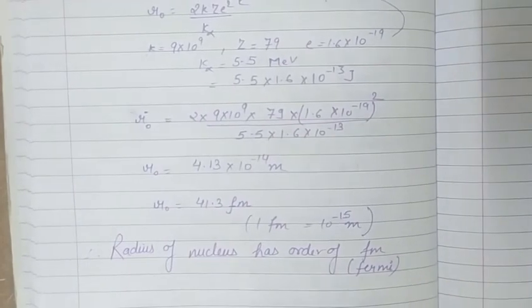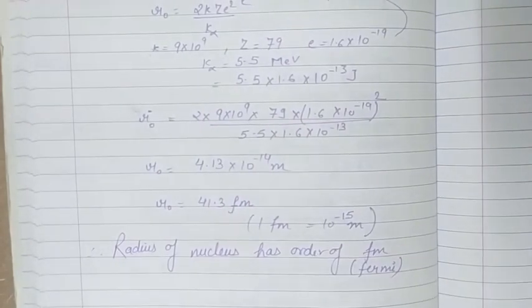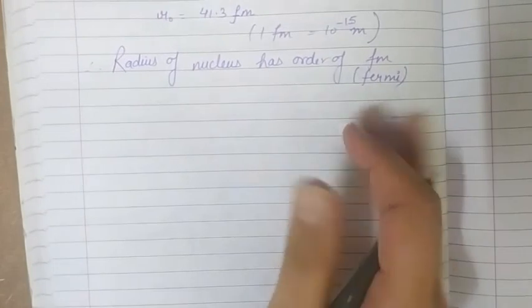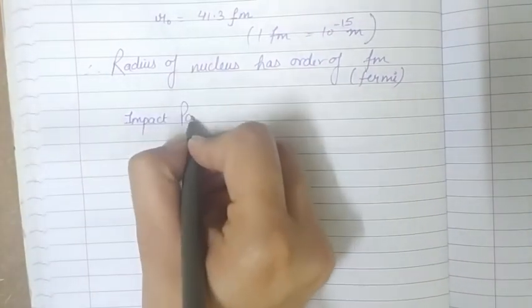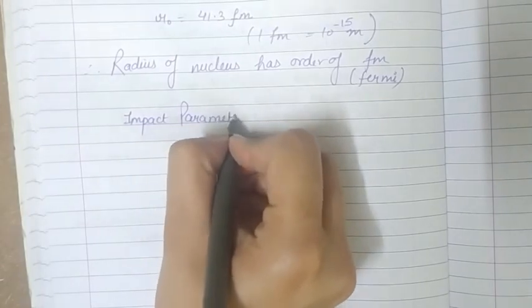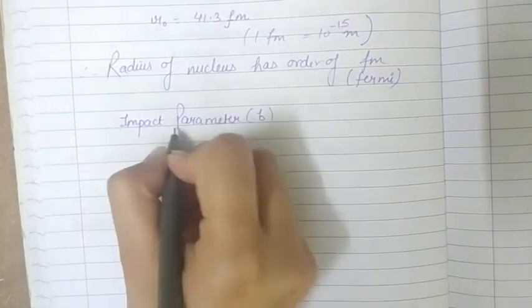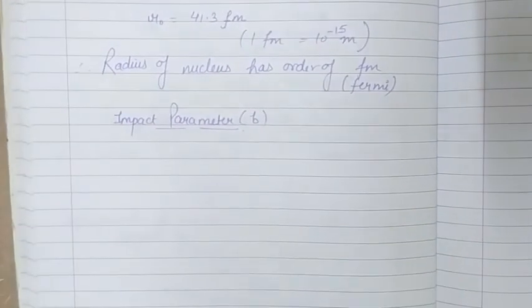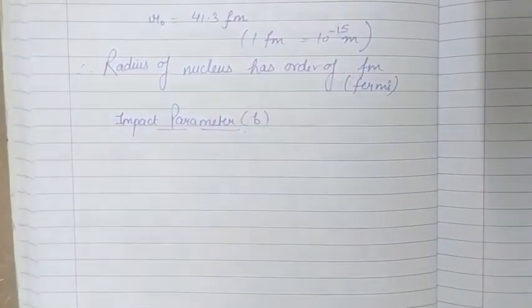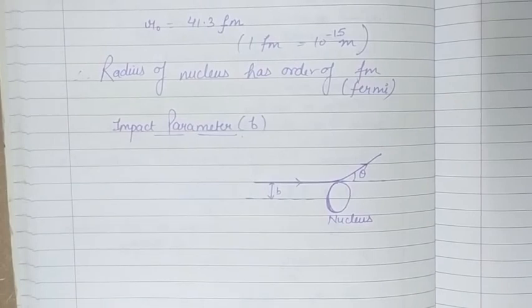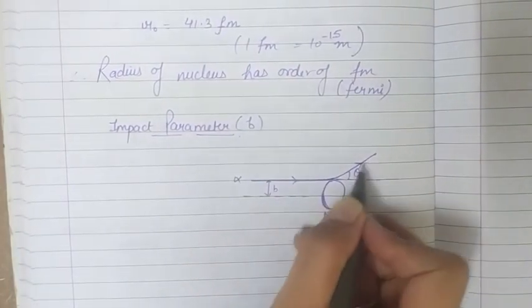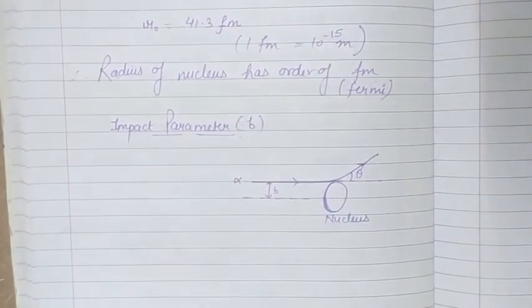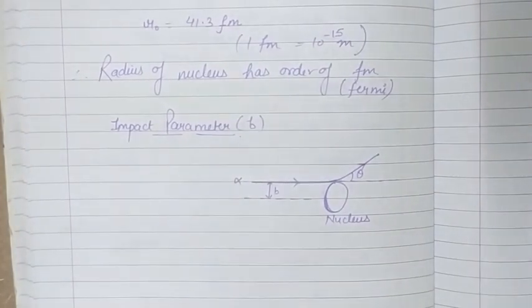One more factor is there in Rutherford experiment. We call it the impact parameter, and it is denoted by small b. It can be explained with the help of a diagram. During the experiment, if an alpha particle is moving towards the nucleus like this and it gets scattered by an angle theta because of the nucleus, then if we draw a perpendicular distance,